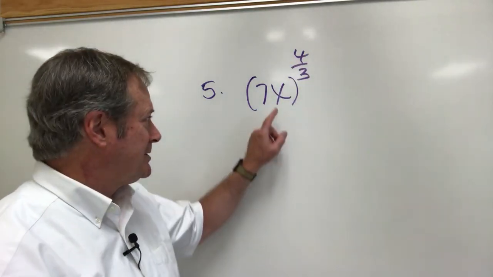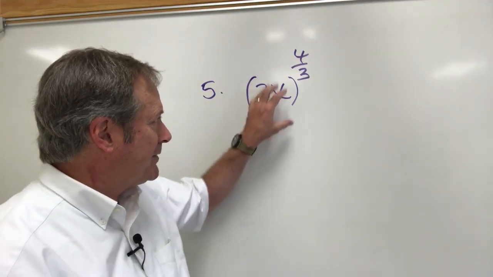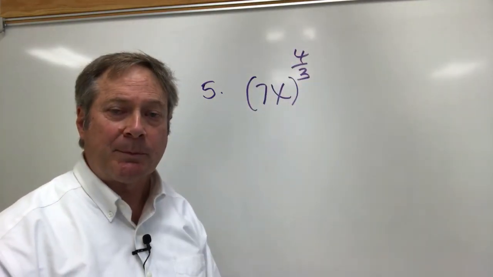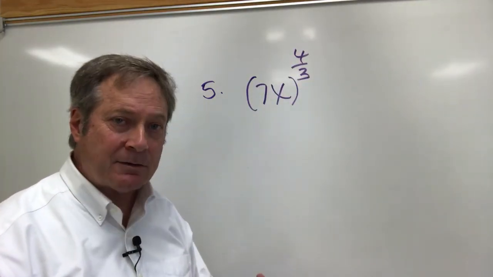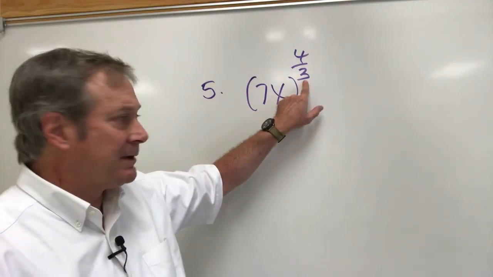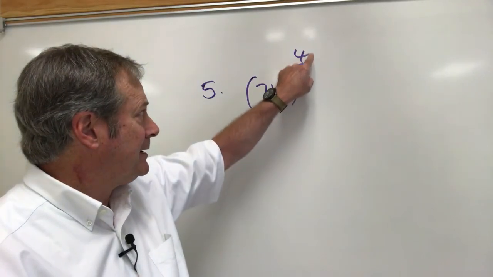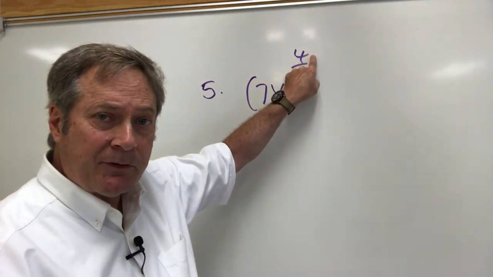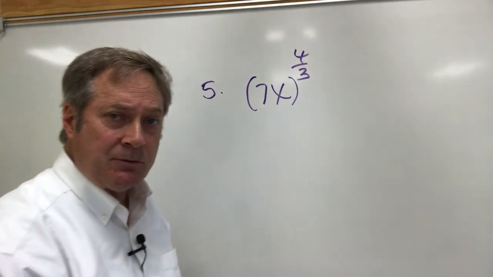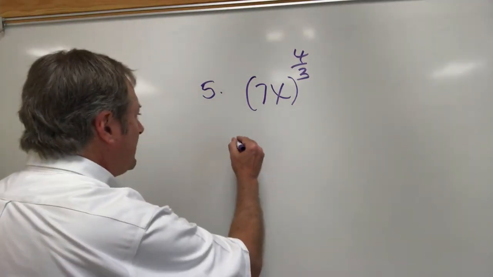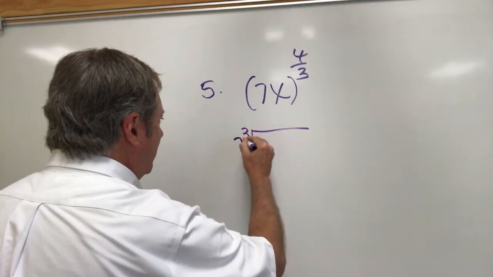Now notice it's not just the x, it's the whole thing, 7x raised to the 4/3 power. Now to go into a radical form, we need to remember that the denominator represents the index number. The number 4 represents the power. Now there are actually two ways that we can write this. We can write it like so,